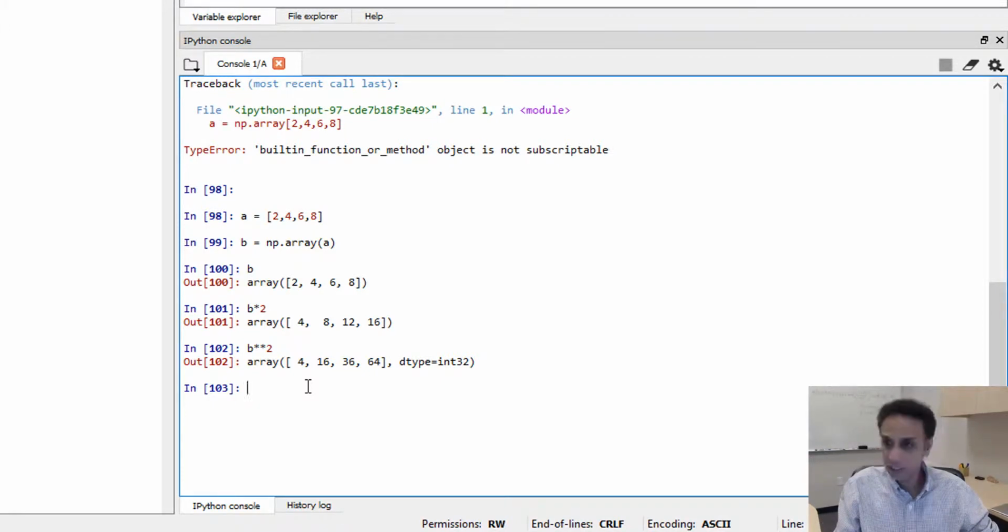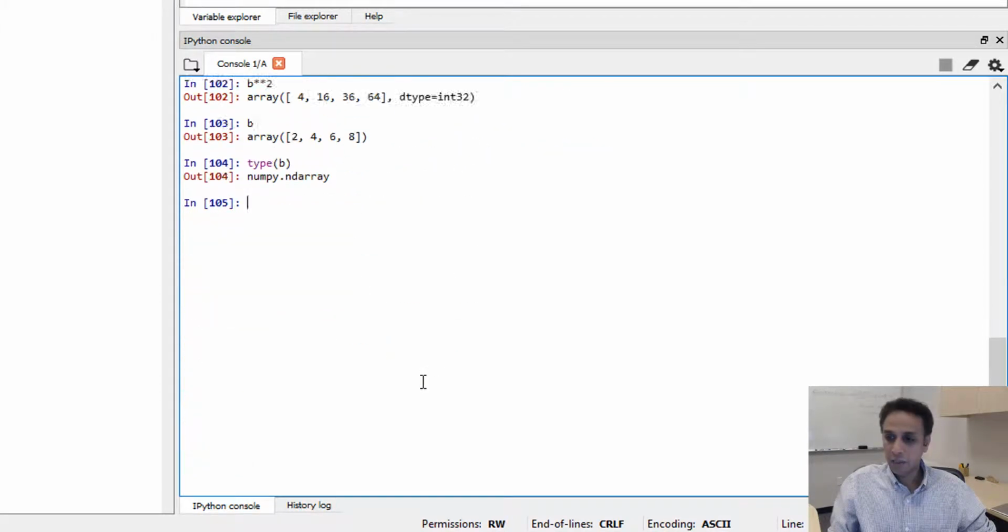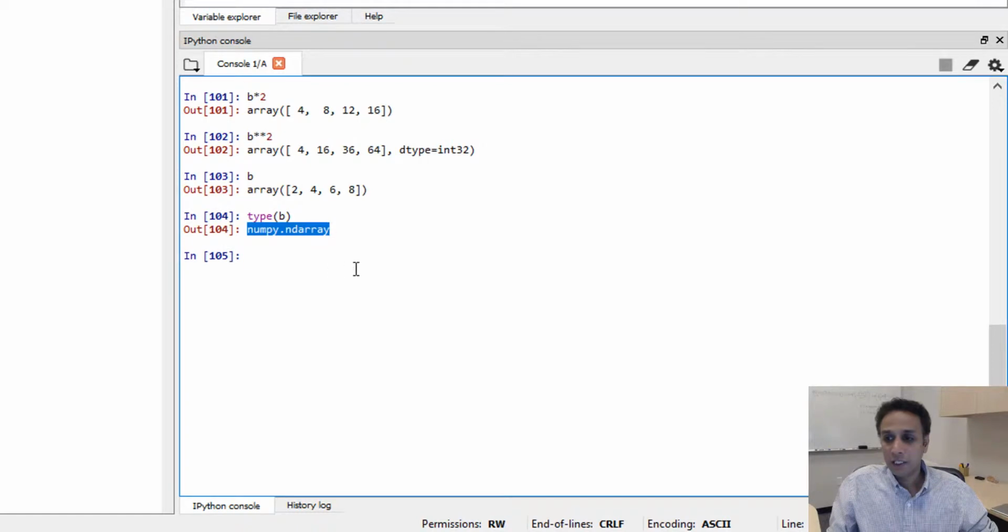I can actually, let's see, let's do our B. B is this NumPy array right now, right? So when I type B, it clearly tells me that this is a NumPy array. And you can add multiple NumPy arrays and so on. Now, also we ended the